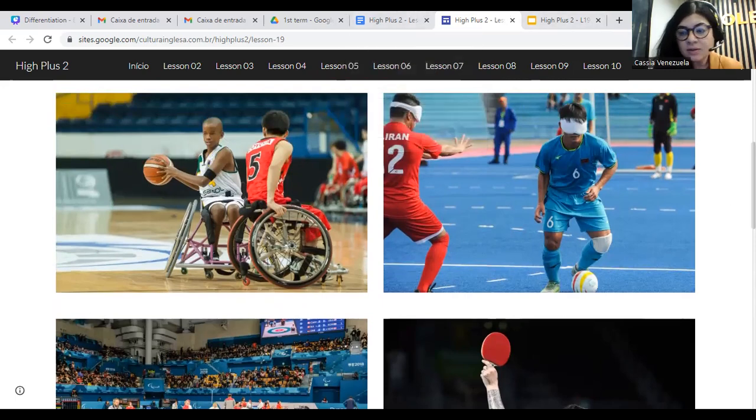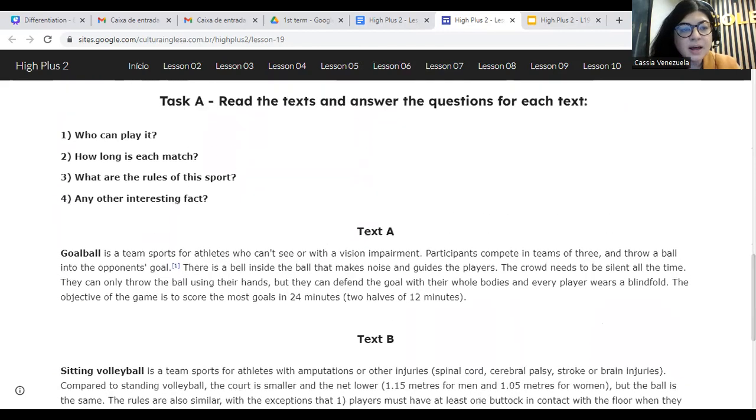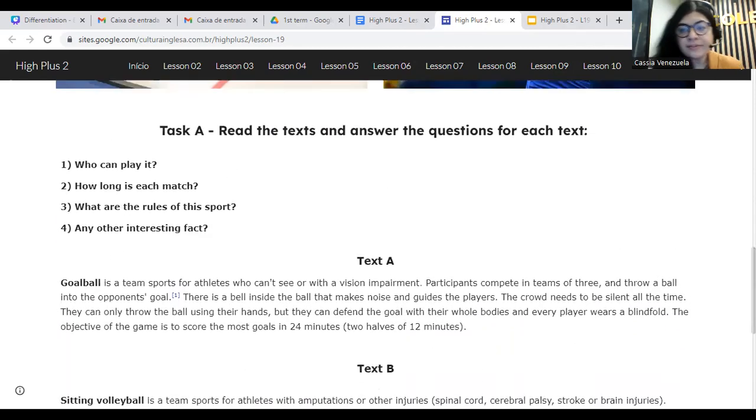And then the lesson goes on, so students have to read some short texts and answer the questions based on the texts. So again, if we're going to differentiate based on learning preference, we need to be careful about how they're going to work to answer the questions, because some people might enjoy a more playful activity, like they have to work in stations. You can print the texts and glue them on different walls in the classroom, and students have to walk around,